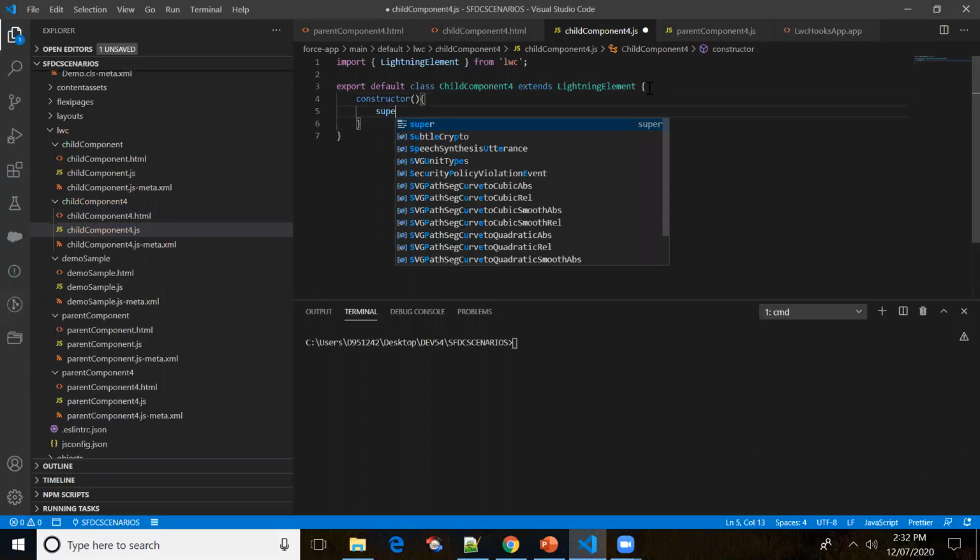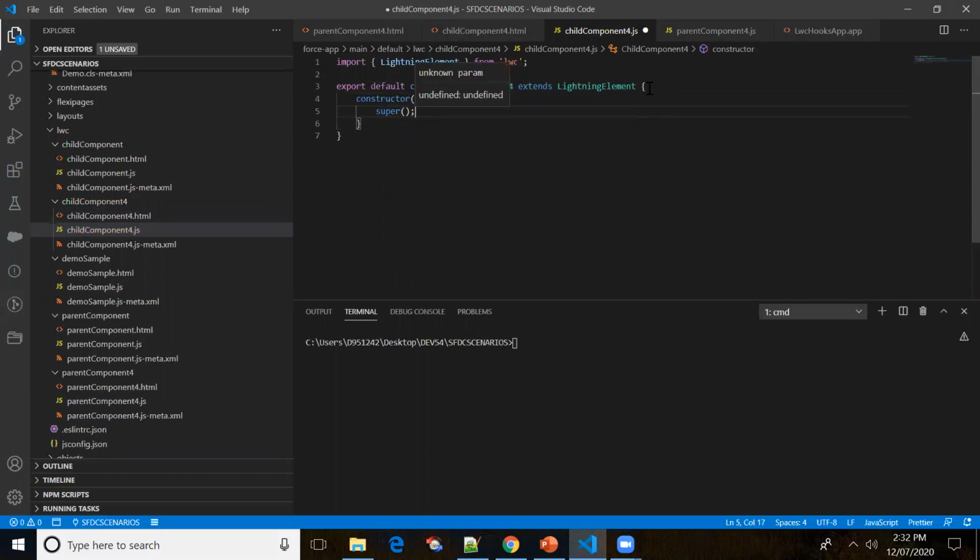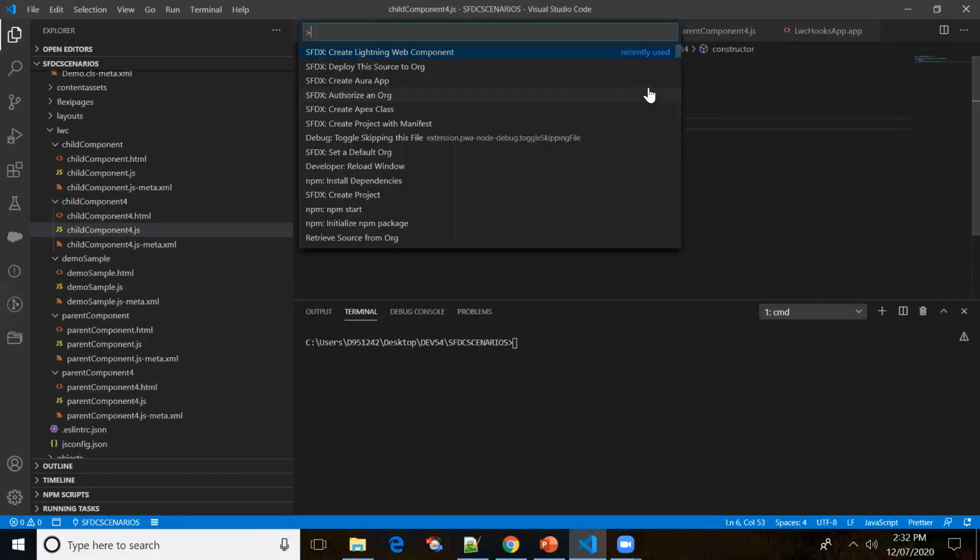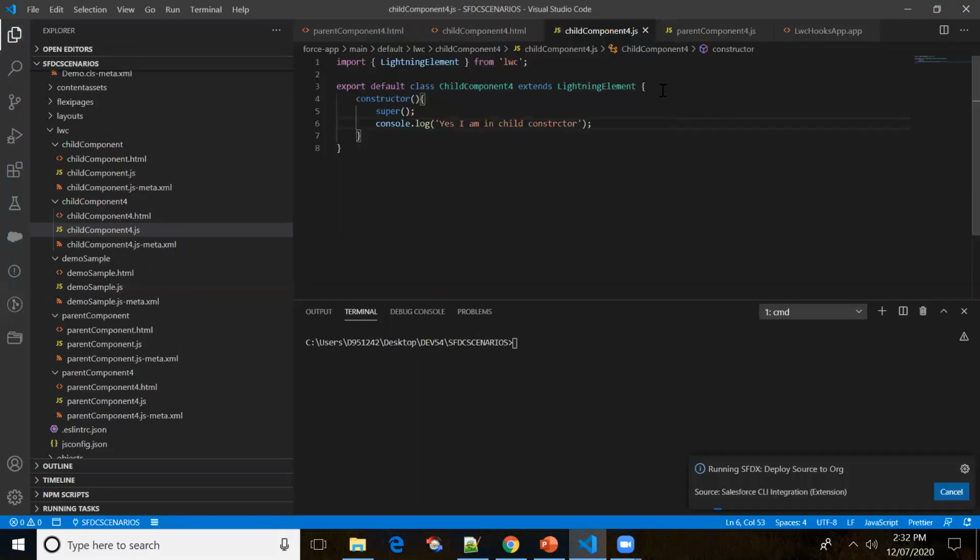I'm writing the super, which should be the first statement. Then console.log with a message: "Yes, I'm in child constructor." Let me push this code to the source org. After that, I'll include the child component in the parent component.